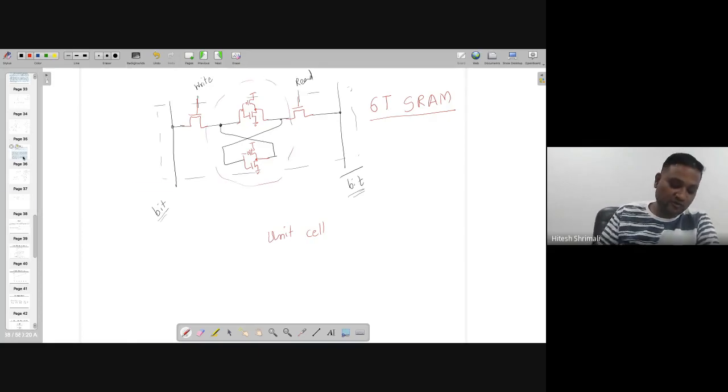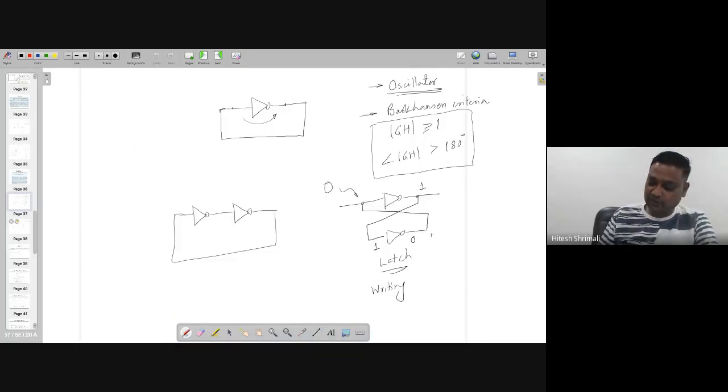So let's assume that this is the important part, because you want to memorize the thing. If you want to memorize the thing, then you are going to use the latch. The name of this circuit is latch. Note that if this is 0, this is 1, this is 1, this is 0, this kind of configuration is making the positive feedback. It's not making the negative feedback, it's making the positive feedback. That's why latch is also known as the positive feedback configuration, right?